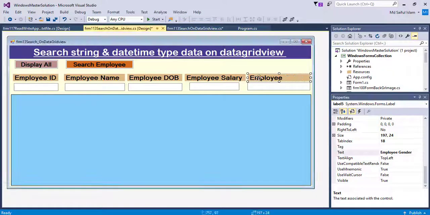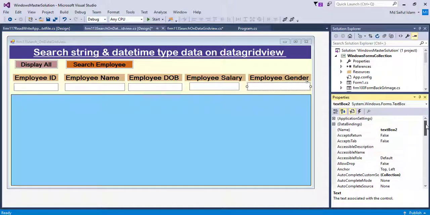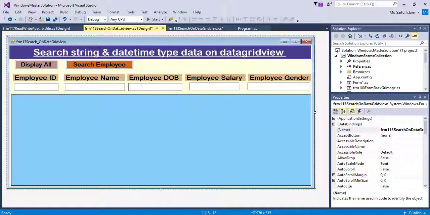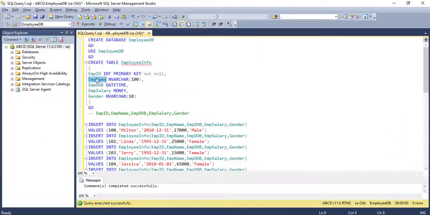Gender, txt gender. Now in my database, employee name and employee gender is nvarchar type, means string type.